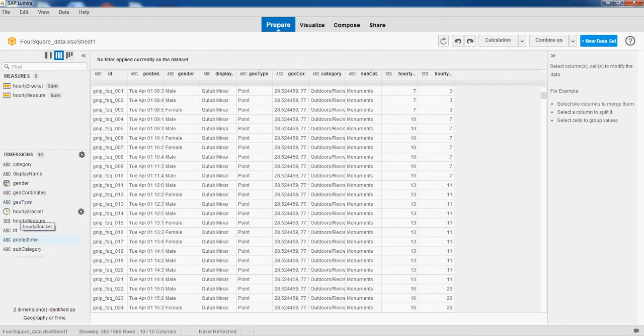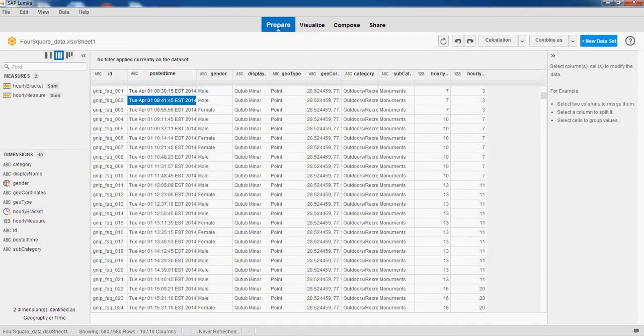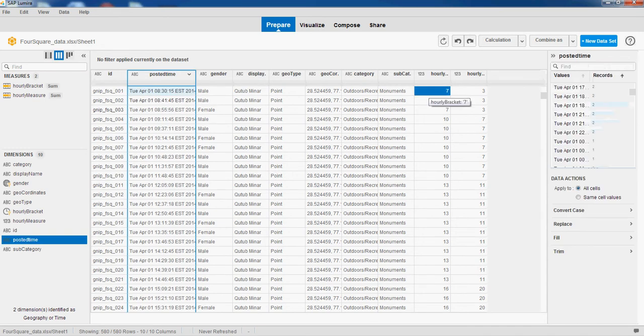Then we have an hourly bracket. What we have done is divide the whole timeline into blocks of 3 hours each. So our hourly bracket represents which time slot our check-in time comes under. Suppose I have a time slot from 6 a.m. to 9 a.m. and I have checked in at 8:30, then our bracket is 7:30, which is the midpoint between 6 and 9. This is where the bracket comes from.